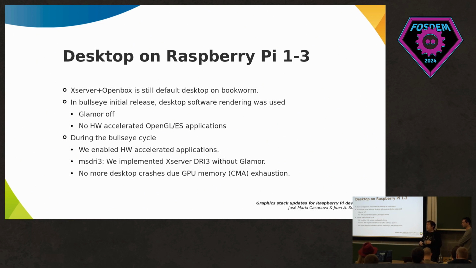You are not exposed to the X server crashing or Mutter crashing or whatever application, because they are not prepared for when a memory allocation fails. We assume that it has been working all the time. This was implemented by modifying the modesetting driver in the X server. We implemented the support for DRI3 in this case, but without the need of using Glamor. How it is currently written is that Glamor enables the DRI3. So on Raspberry devices, we can use DRI3,